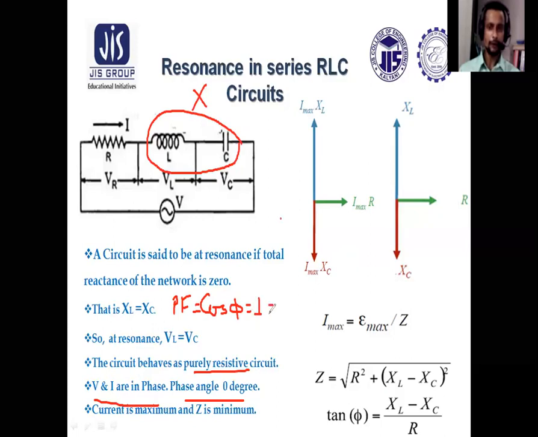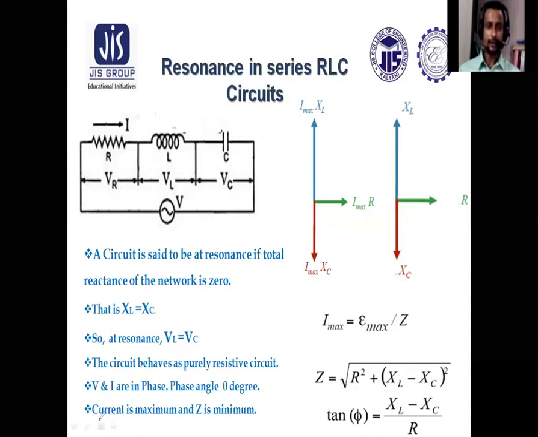Again, we can write power factor equals R by Z. Power factor can be written by this formula as well. Now at resonance, Z equals what? XL minus XC is 0. So at resonance, Z equals R. So power factor will be R by R, that is 1. So you can prove it this way. At resonance, Z becomes only resistance. There is no inductive reactance or capacitive reactance part. So at resonance, impedance is minimum, hence current will be maximum.